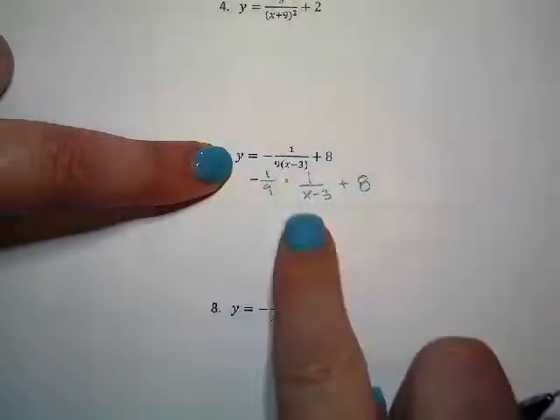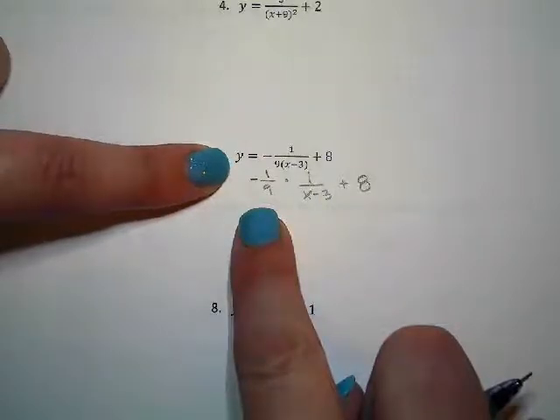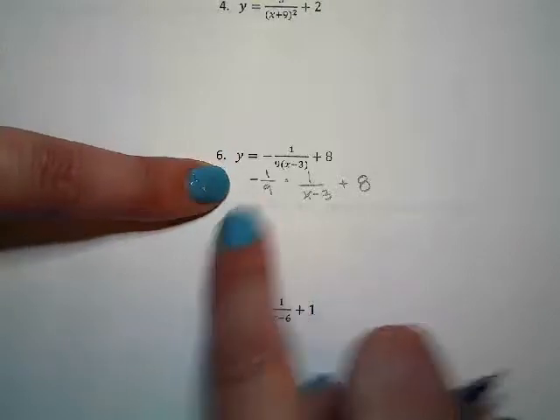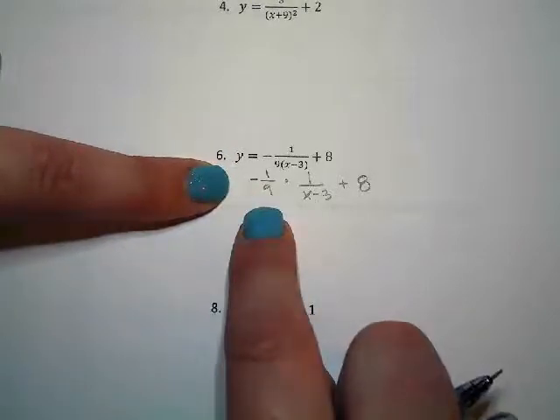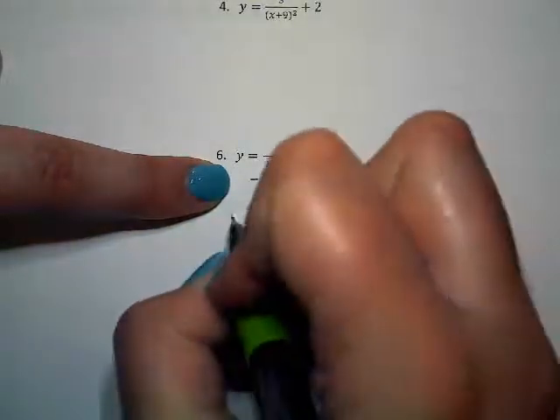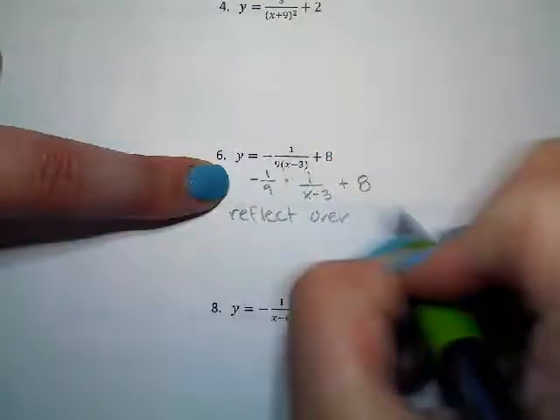So if I write my transformations, in the front I've got a negative and I've got a 1/9, and that is 2 transformations. What are the 2 transformations? Reflect over x and vertical compression. What else do we have? Right 3